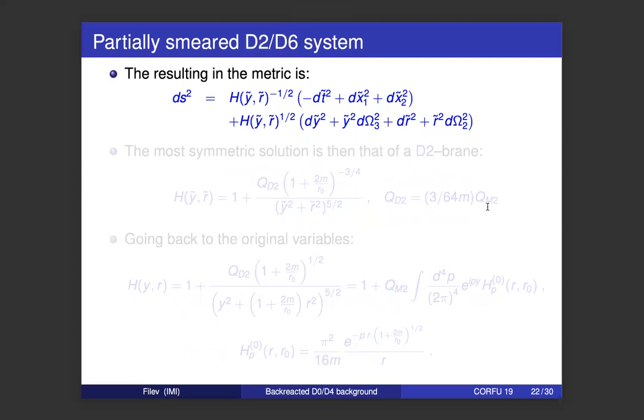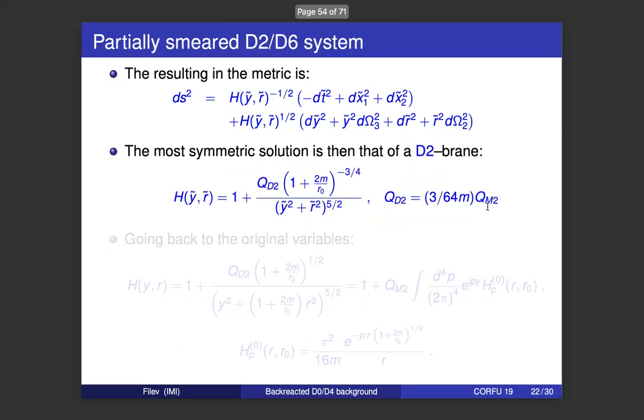So it looks just like a metric for a D2 brane in 10 dimensions. Now, the most symmetric solution here is the D2 brane geometry, and you get this solution. This is the relation between D2 and M2. This is a standard thing. Now, when we go back to the original variables,